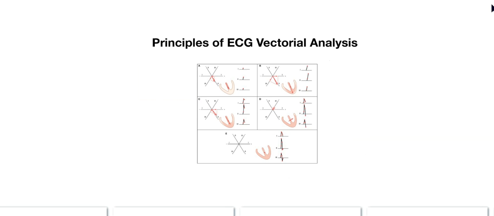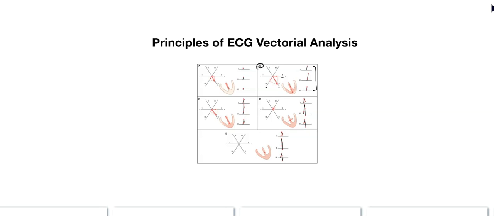So if you're looking at, let's say, you want to look at B. We'll start at B, right here, okay? You'll notice that if you were looking at these actual deflections on a regular ECG, you would be able to use the number of large boxes to estimate the actual voltage. So the reason for these different 1, 2, and 3 leads, that's telling you information specifically based on the